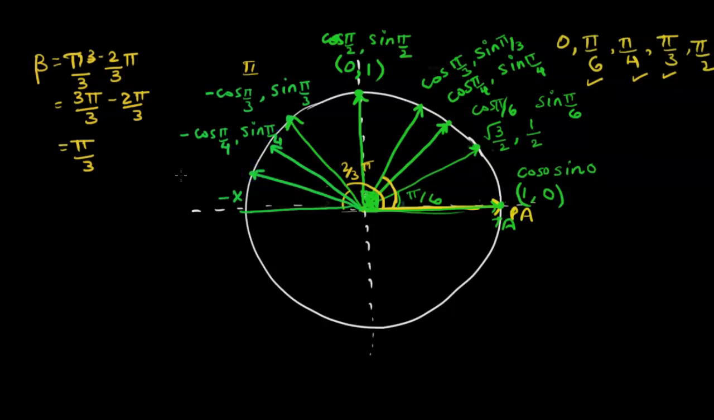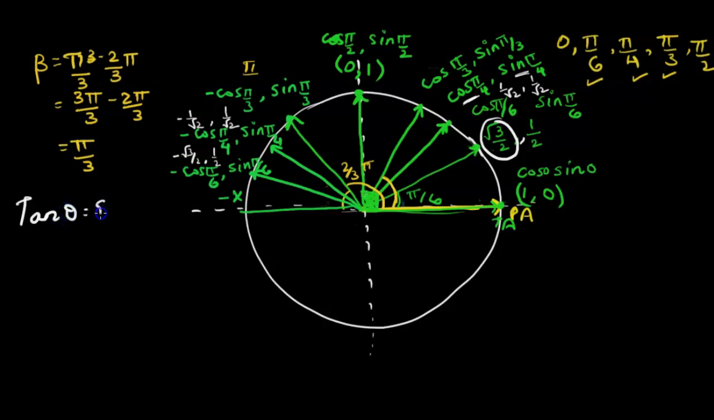This point's coordinates will be negative cosine pi by 6 and sine pi by 6. So if this value is √3/2, 1/2, here it would be negative √3/2, 1/2. If cosine pi by 4 is 1/√2 and sine pi by 4 is 1/√2, here it would be negative 1/√2, 1/√2, and so on. Now remember one more thing here, that tan of an angle is represented as sine of the angle divided by cos of the angle. So if we want to find out the tan pi by 6 value, we can take the sine pi by 6 value,